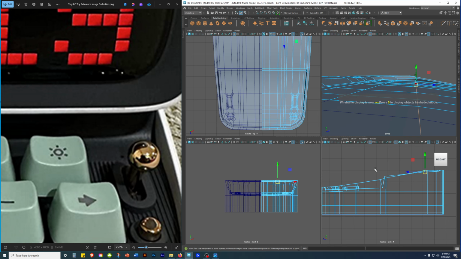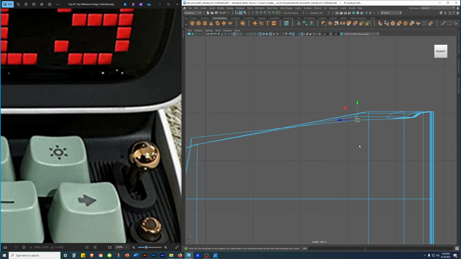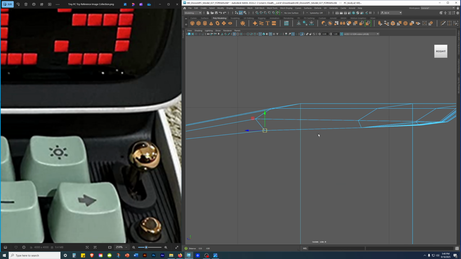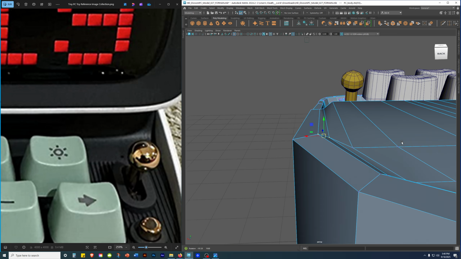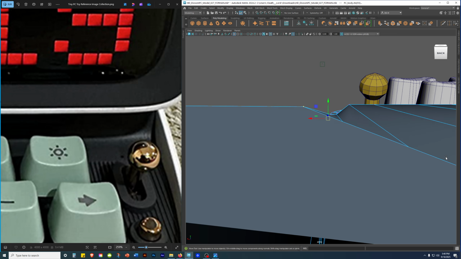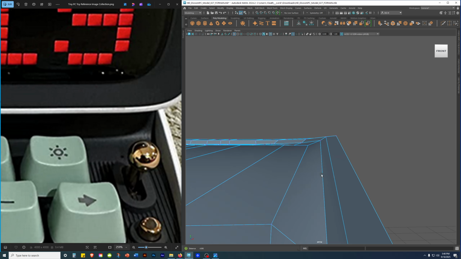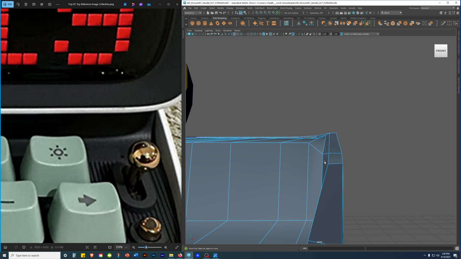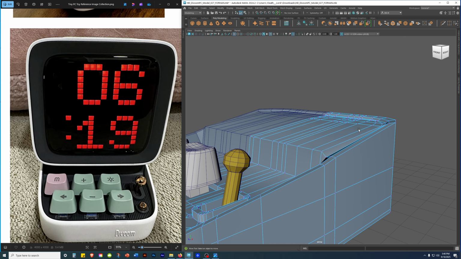Press 4 to... holy, what is this? What is this? Okay, so that's what that is. Alright, so this part here is gonna... yeah, this has to be fixed. So from what I remember about the side rail,